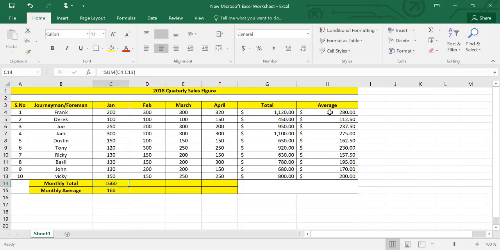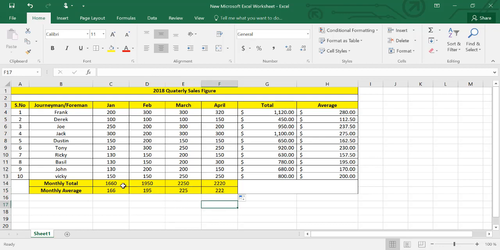The same thing we have done here by dragging it down, we can do similarly for this. Placing your cursor on the small box at the top right and dragging it to the April month. Similarly for average, we can place our cursor on the small box, a plus sign appears, click and drag it to where you want the average.